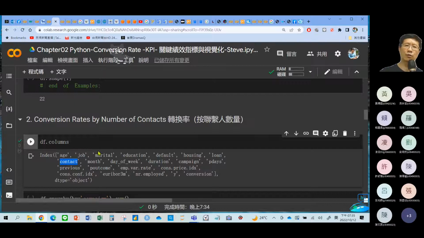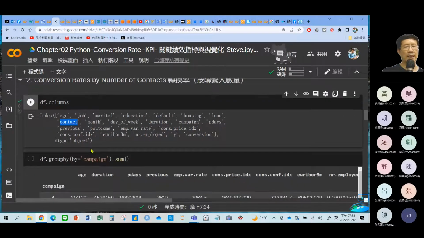So I want to know if we make more phone calls, what about the conversion rate? 就是我们打的越多次的话，是不是这个转换率会更好 ？Okay, so I would like to calculate the conversion rate by number of contacts, 联络的次数。